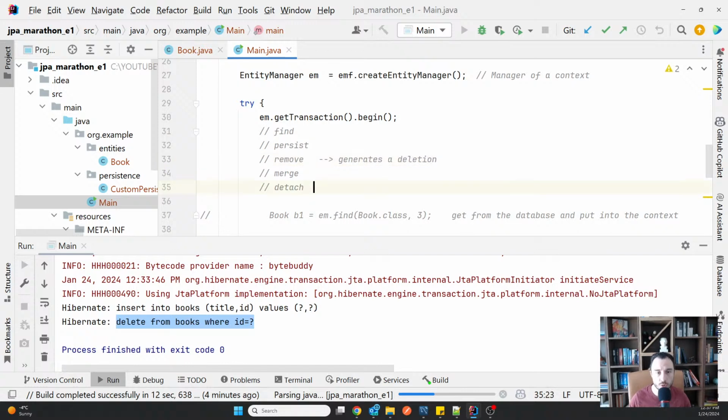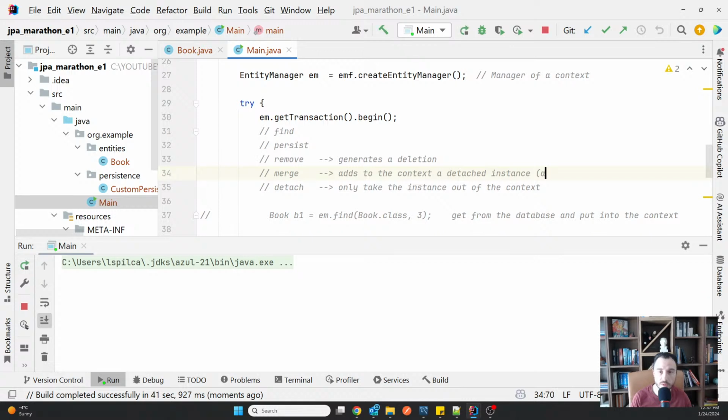This detach only takes the instance out of the context. The merge adds to the context a detached instance, meaning an instance outside of the context.